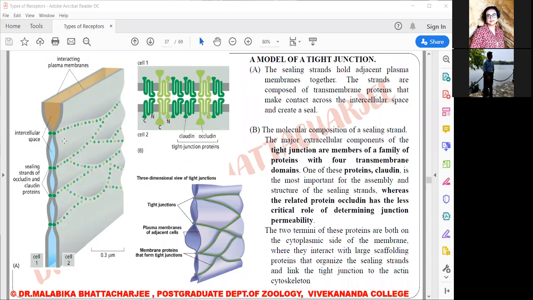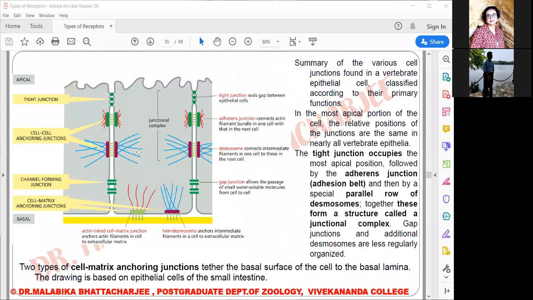Then in multiple cells, it has been seen that tight junction serves as a regulatory center. Again and again, I've said that tight junctions seal neighboring cells. Then they function as barriers to diffusion of membrane proteins in the apical region. As I'm showing you, this is important. Tight junctions are found only in the apical region. So if there is diffusion of molecules between the cells, the diffusion is preferred usually in the lower basolateral region.